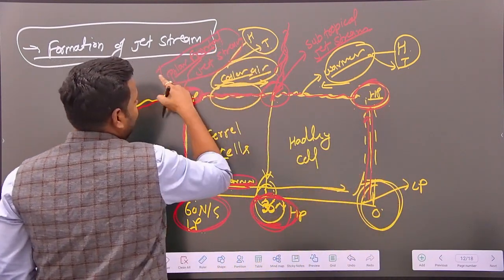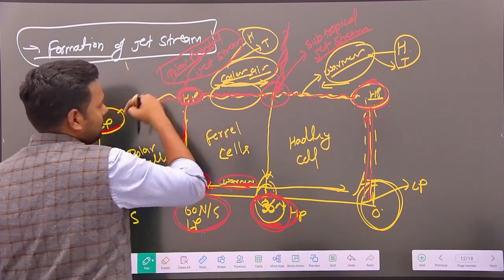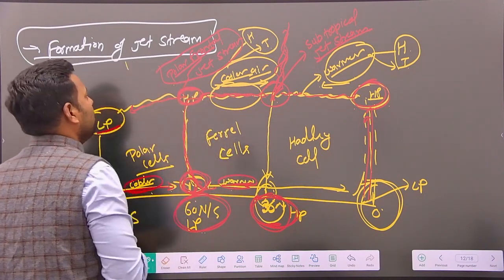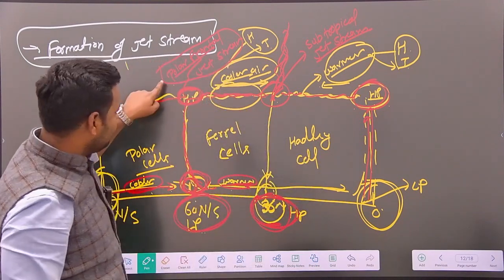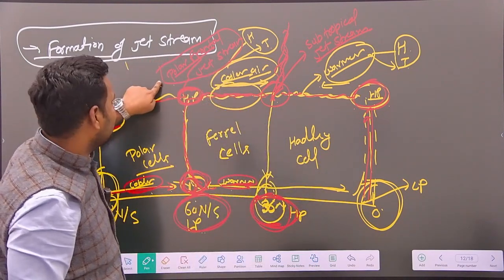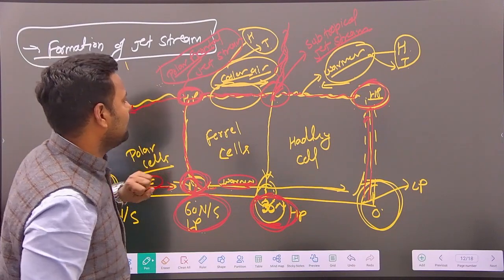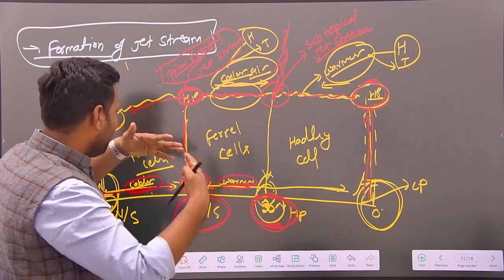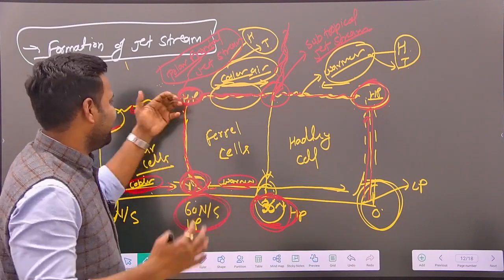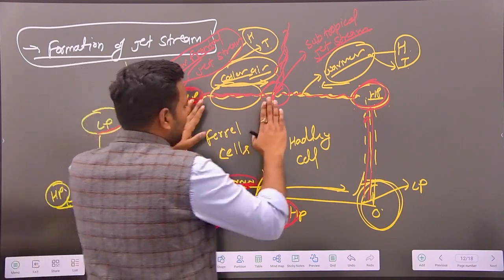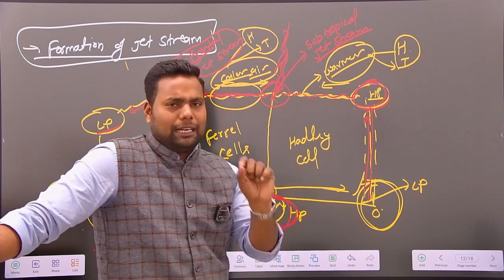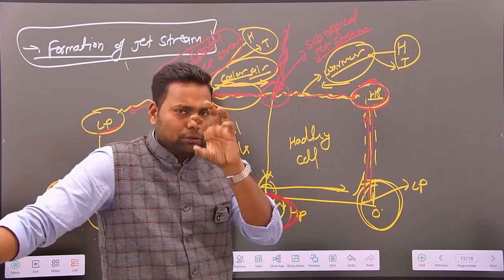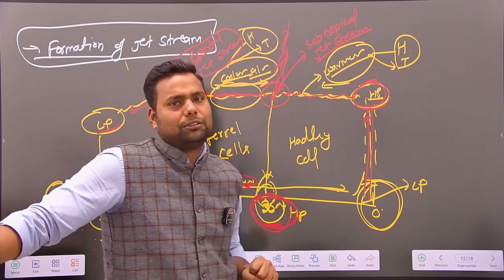It is called the primary jet stream because Rossby discovered the polar front jet stream. The first jet stream discovered, as we know, is the polar frontal jet stream, which is formed when two contrasting air masses meet together. Here is the basic thing about the jet stream. I will spend more time focusing on how the jet stream is formed.